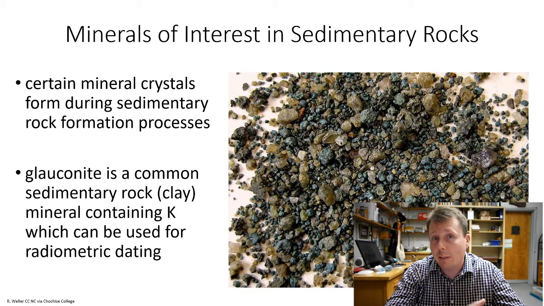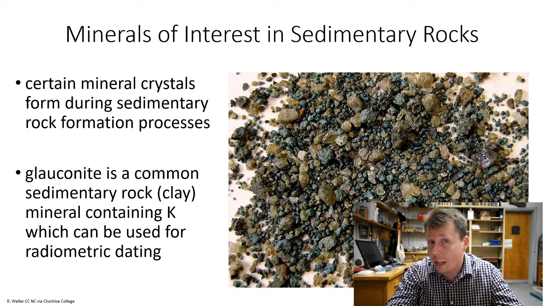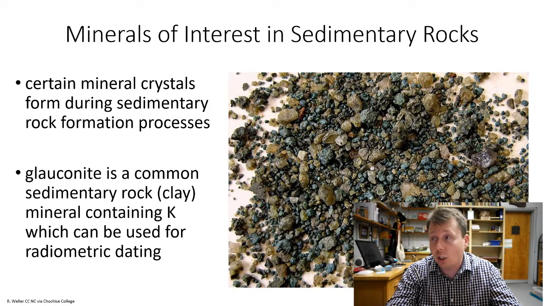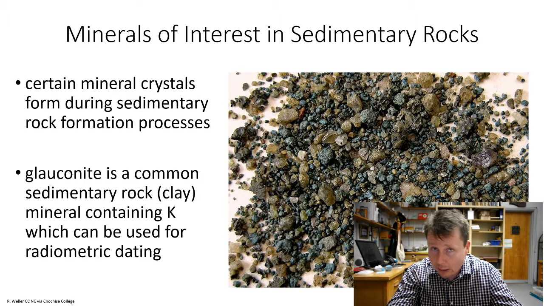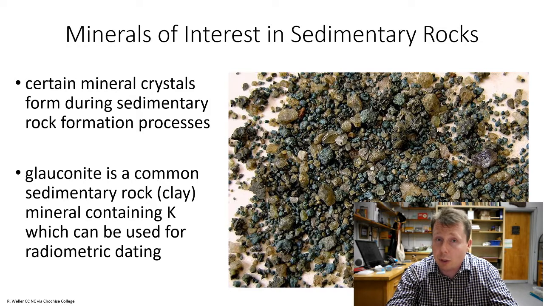Now, while I said we do have to be careful when we examine sedimentary rocks because they undergo a lot of chemical and physical weathering, the beauty of it is that certain minerals can be very resistant to chemical and physical breakdown. Here you can see the greenish tinted mineral is a clay known as glauconite. Glauconite can actually contain potassium. I don't have the chemical formula up there, but believe me, glauconite can contain potassium. If the glauconite is preserved well enough, we can use these sedimentary type crystals to determine the age of the rock, or in this case, the age of maybe these sediments.